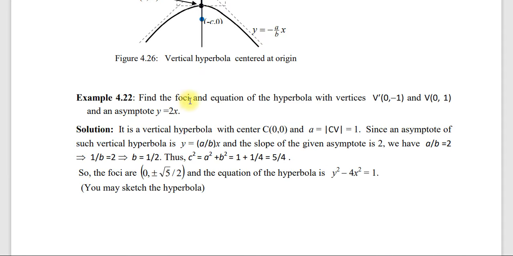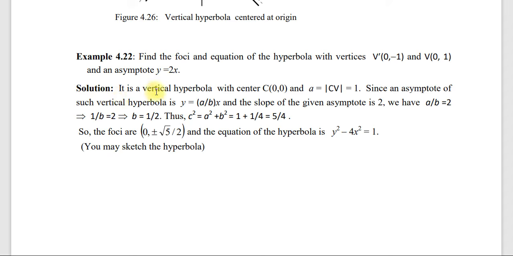So another example, find the foci and the equation of the hyperbola with a vertex v 0, -1 and vertex 0, 1። አሁን እዚህ ላይ ኮንስታንቱ ማን ነው? የኤክስ ቫልዩ ነው፤ 0 ኮንስታንት ነው። ኤክስ ኮንስታንት ሆነ ማለት የተሰጠን ሃይፐርቦላ ቨርቲካል ሃይፐርቦላ ነው። እንዲሁም አሲምፕቶታችን ስንት ተሰጥቶናል? y which is equal to twice of x። አሲምፕቶት ማለት y which is equal to plus or minus a over b x ነው። a over b ስንት ተሰጥቶናል? ባጭሩ 2 ተሰጥቶናል።